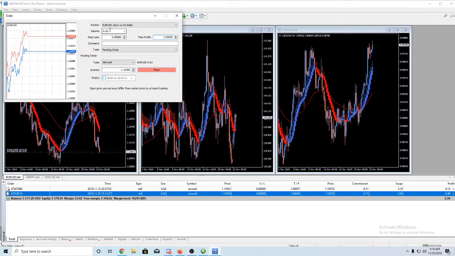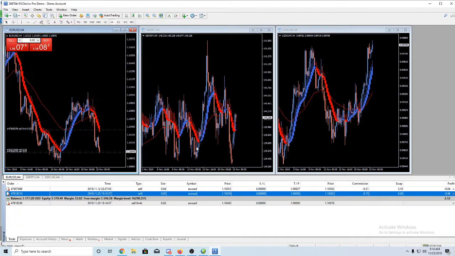And again, this is the second half of our entry. So again, 0.04, that's our full unit. We've decided based on our money management that equals 1 unit of a trade, and I have a total of 8 units available to me on this one. So 0.04 is 1 unit. I decided to do half a unit on this trade, and I'm going to do half on this other. That equals 1 full unit. And you can see my pending order up here.